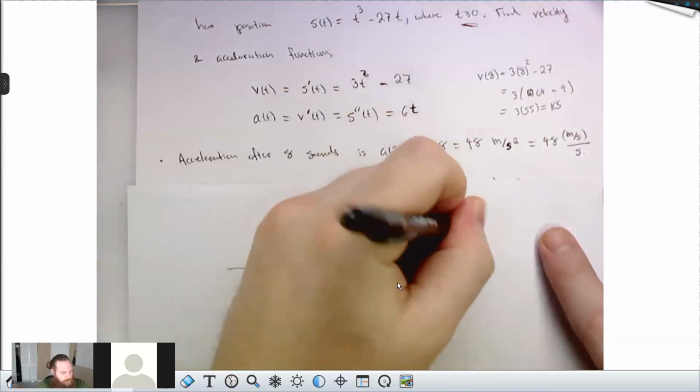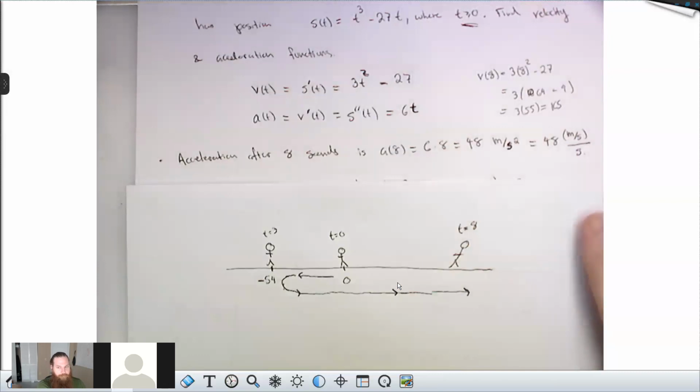This is at time t equals 8. So he started off going to the left. He's going somewhat slowly, but speeding up. And then he turns around. And briefly for a second here, you imagine if you're walking to the left and then you're going to turn around and start running the other way. For just a second there, you had to stop. You weren't going left, you weren't going right. As you were turning around, you had to stop.